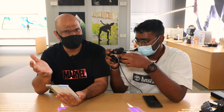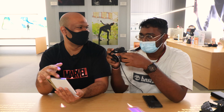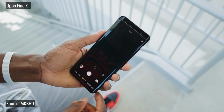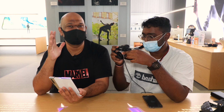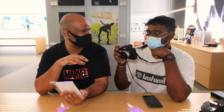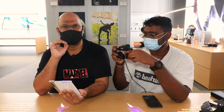You guys are probably aware that Oppo also has that extendable, it's a pop-up camera. Yeah, pop-up camera. It's a pop-up camera and then it goes in. Also a really cool idea. I'm not quite sure why it didn't take off, but this is also a really good idea. But in terms of the selfie camera, I'm not sure how they're going to add it in, but according to them, they will, okay? Now, things like the specs, like the CPU, the GPU, the RAM, and storage,